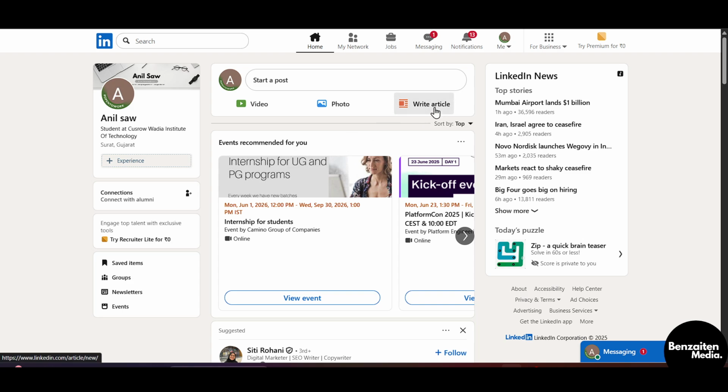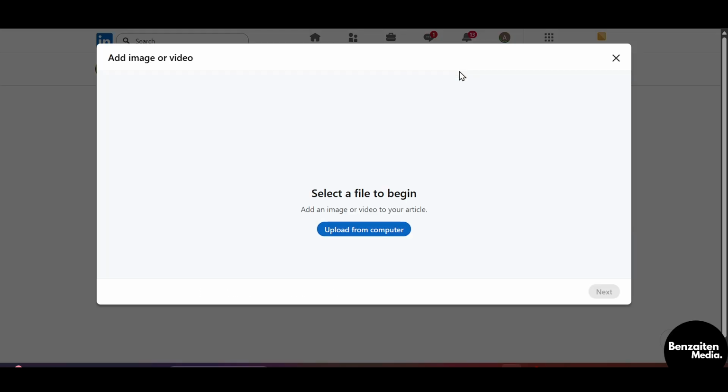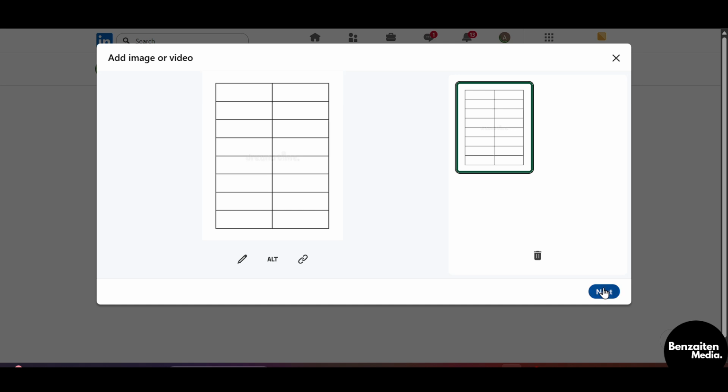Now from here, after signing up or logging in, on the right side, you can see the option of write article. Click on this and after coming here, click on this content tab and then the cursor will appear here. After the cursor appears here, at the top, click on this add image or video icon and then add your image, the table image from here, select it and click on open